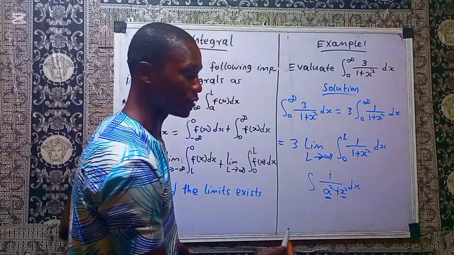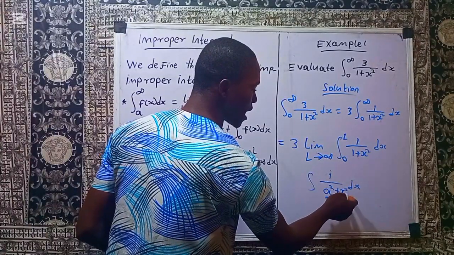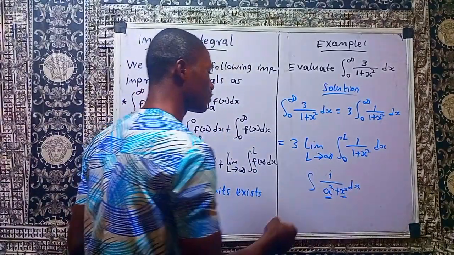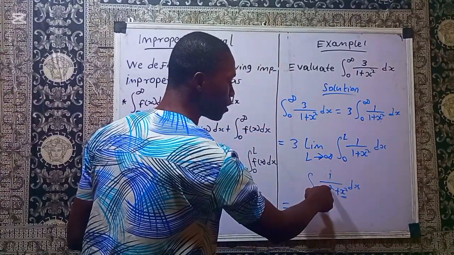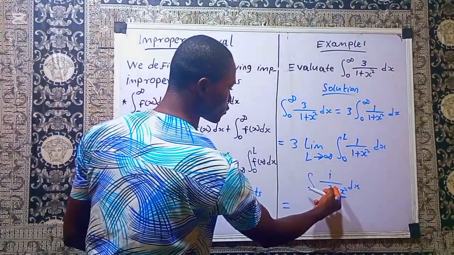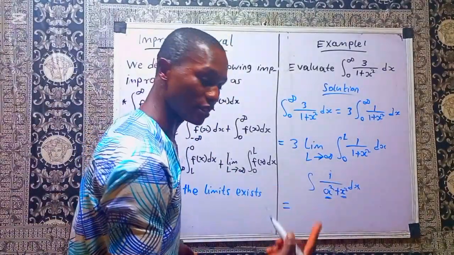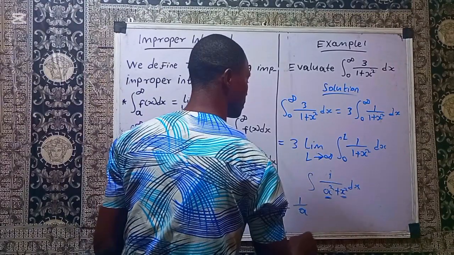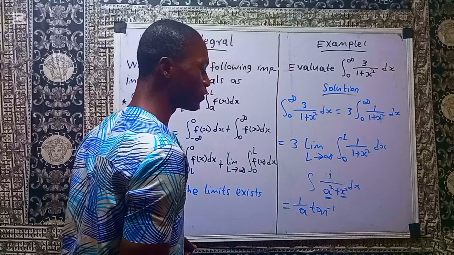A is a number. Then this is a variable you are integrating with respect to, and this variable is raised to power 2. So now, the answer to this will be what? What is the square root of a square? You take the square root of this. Square root of a square is a. So the answer of this is you do 1 over a, you write tan inverse of